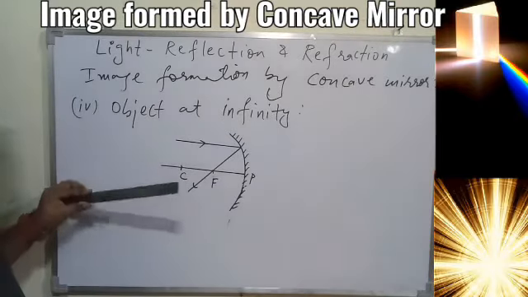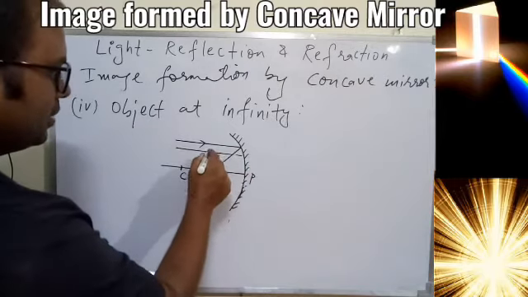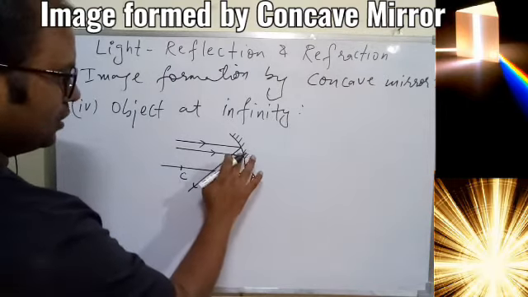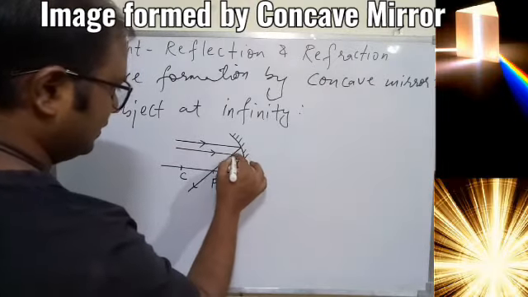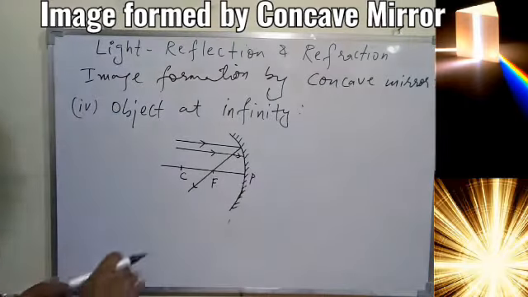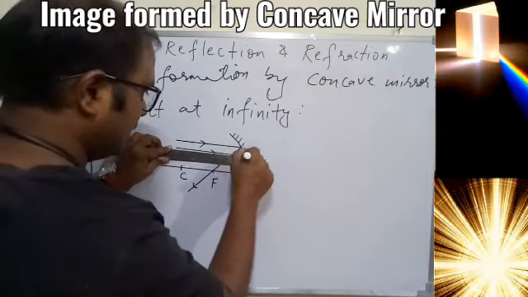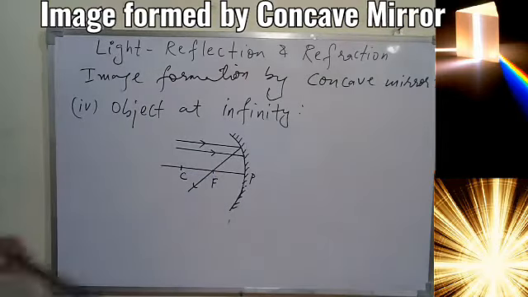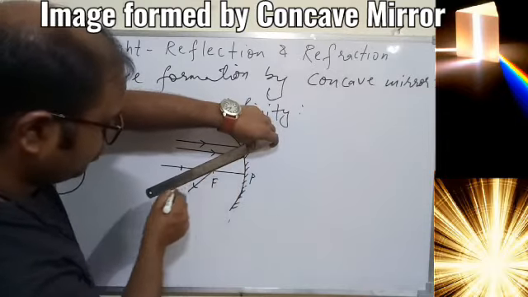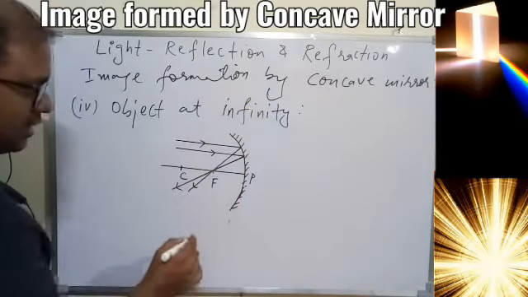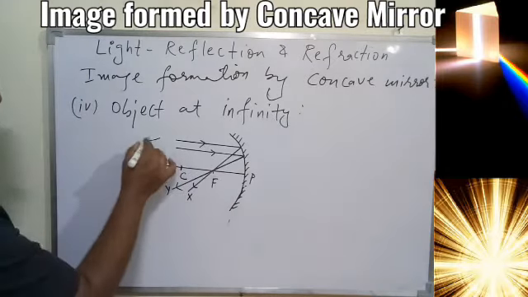For the image we need one more ray of light, so we can say another ray of light that is also coming from the same object. Be careful, you should not do any overwriting anywhere. This also should pass through the same focus, and that is how we also define the focus, if you remember. So overall, this is X and Y, coming from infinity.